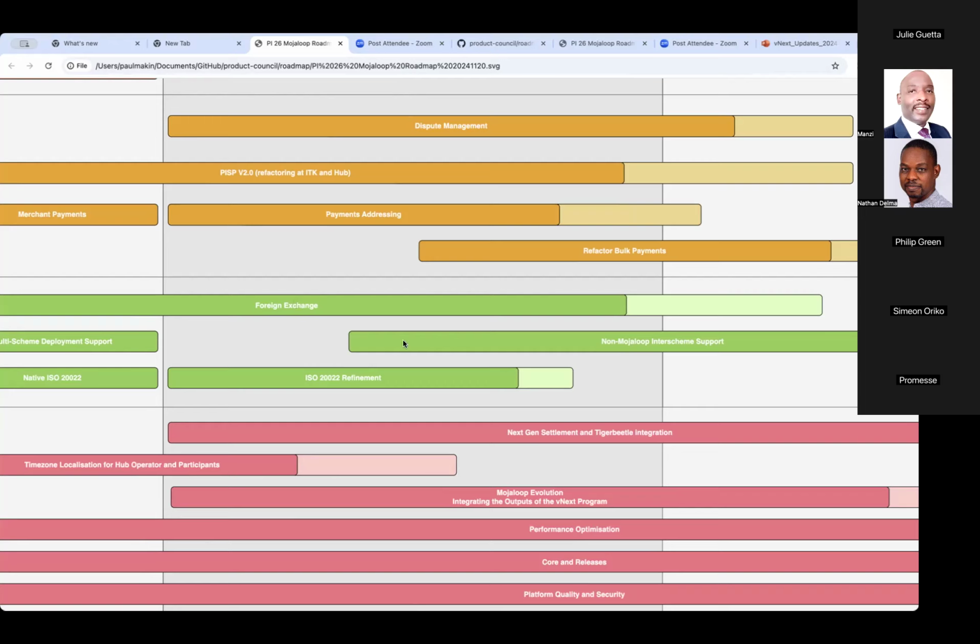Similarly, the inter-scheme work stream, which came to an end at the end of the last PI, is again adequate for the COMESA deployment, but it needs extending further for more general inter-scheme connections.